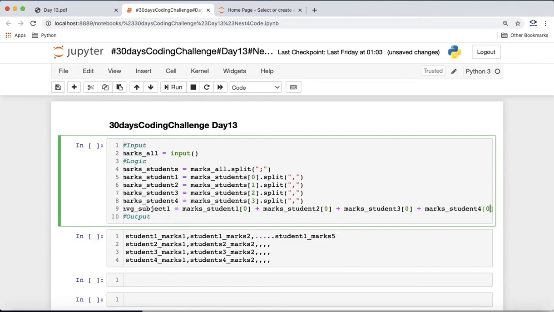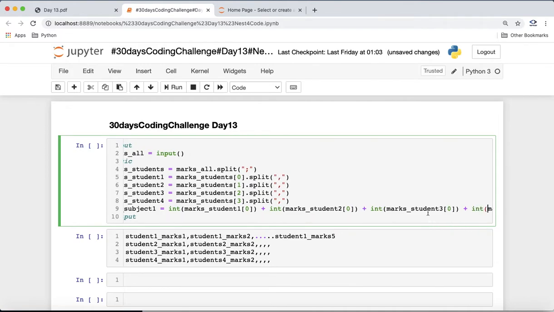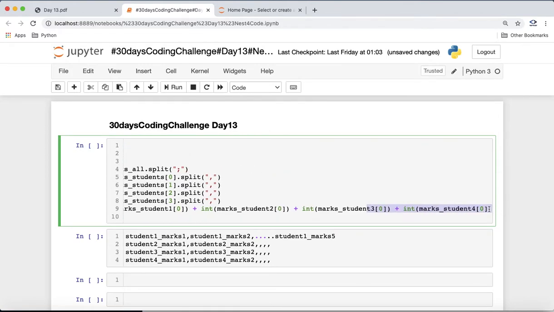So guys, one thing to understand here, because now we are getting all these marks and we are doing some integer operation, right? So we need to convert all of them to int, because whatever we read, it's in the form of string. So we need to have data conversion from string to integer, and we need to do it individually for all the marks, right? And like this. So we'll do it for all.